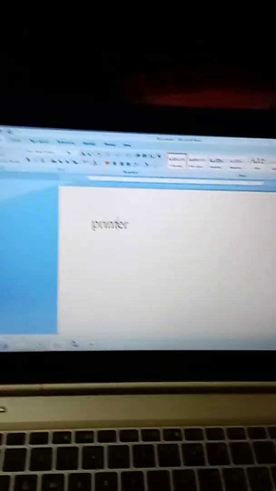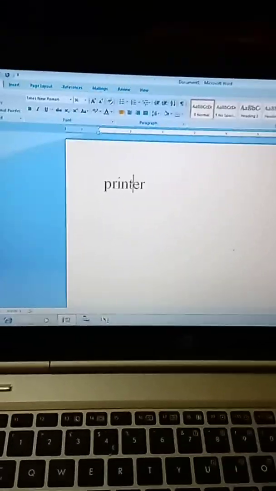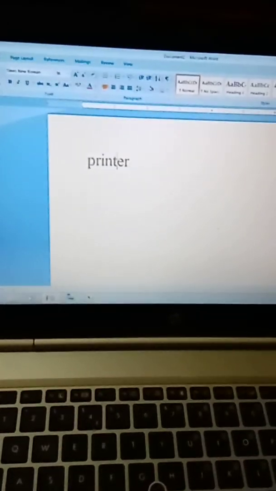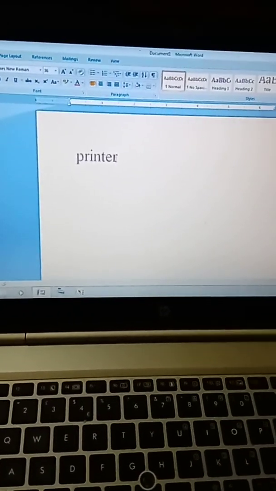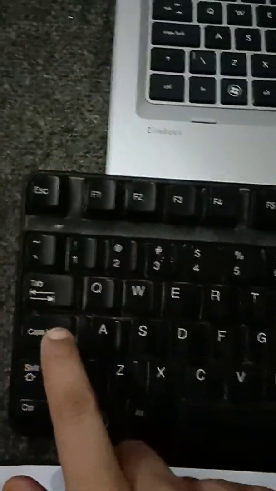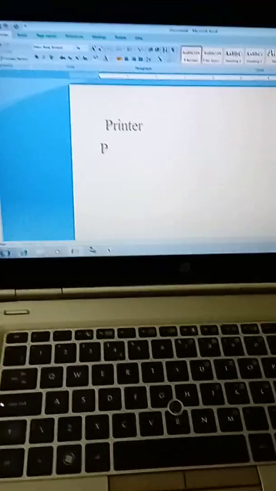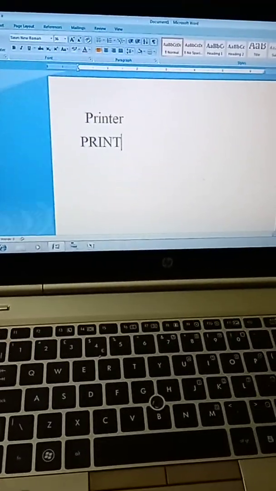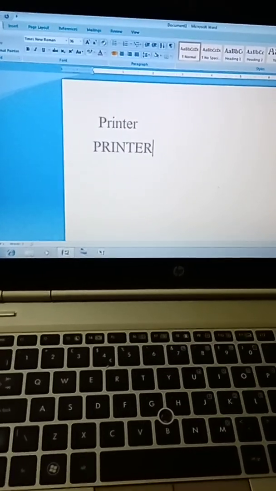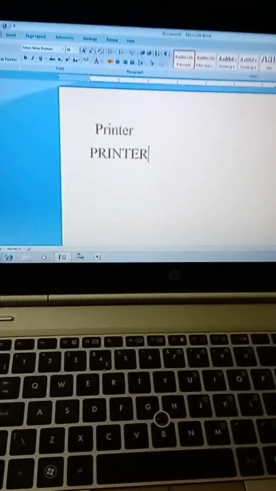Look at this. When we write printer, it writes in small letters. Now if we press the caps lock key, the light will be on, and now we write printer. You see, all the letters are written in capital letters.